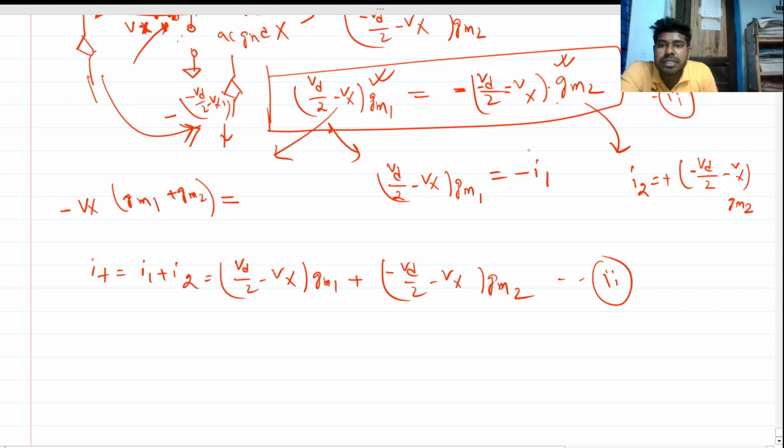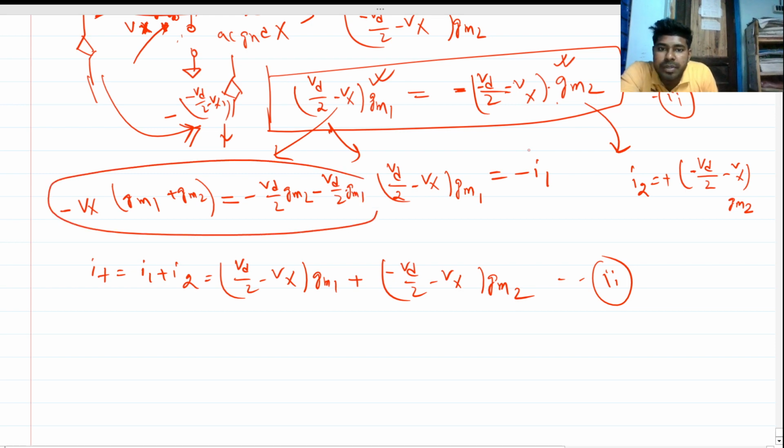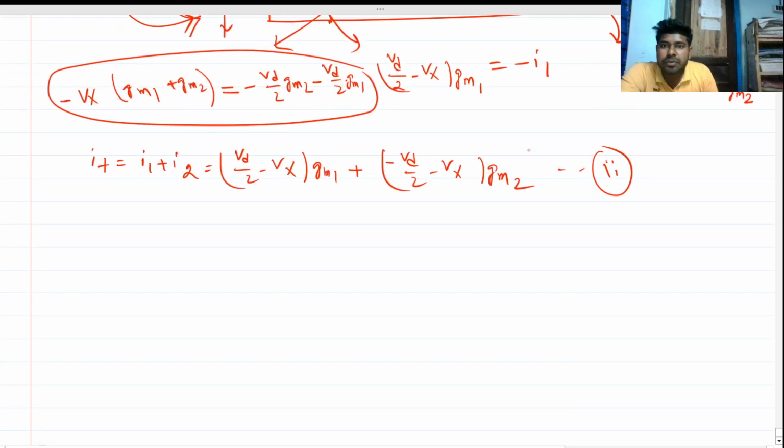And this will be equal to minus Vd by 2 times Gm2 and minus Vd by 2 times Gm1. Okay, so this is our expression. So from here we can find the Vx value. If we cancel this, this will get plus, right? So Vx will be nothing but Vd by 2 is common and Gm1 plus Gm2, divided by,